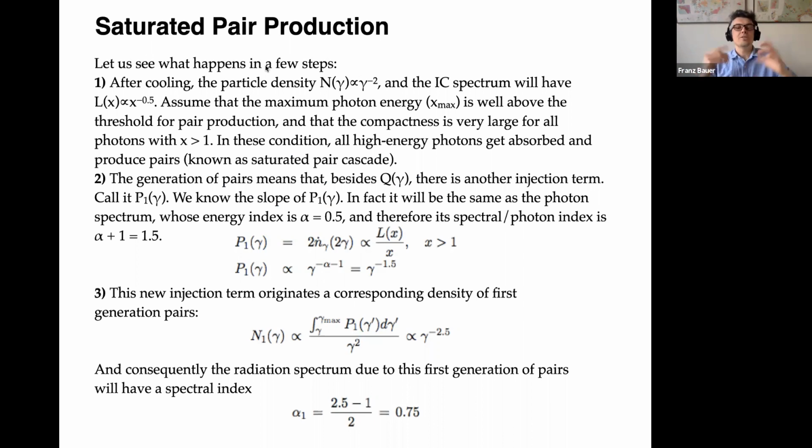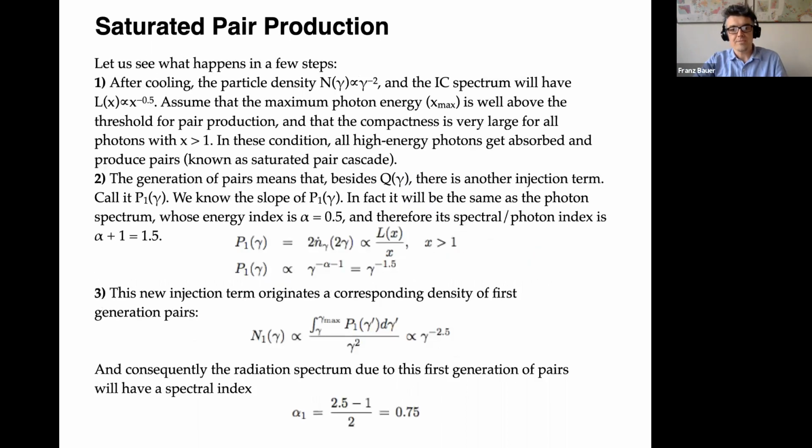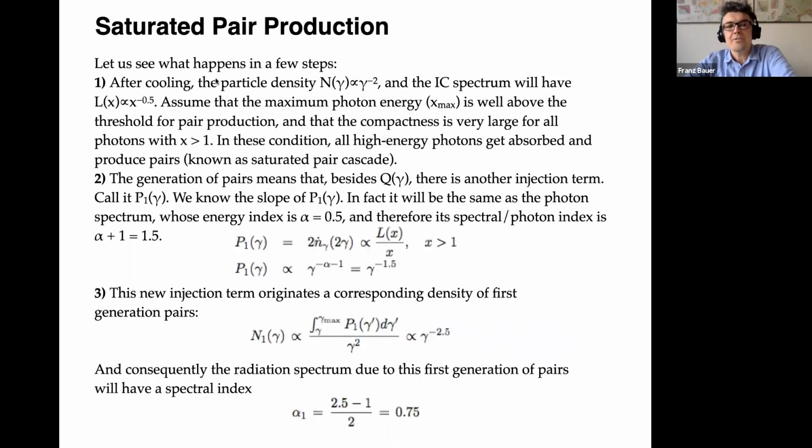So we inject this, right? So we inject this with some monoenergetic rate. It's going to cool at this rate. And what's going to happen? So after the cooling, the number density is going to look like this. And the inverse Compton spectrum is going to have a luminosity which ends up looking like this. Right. So this is just,